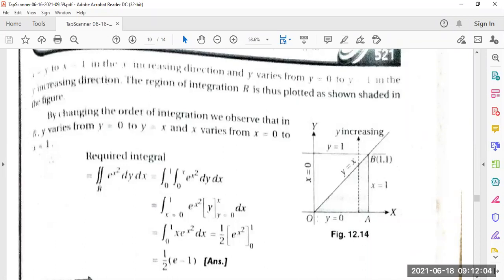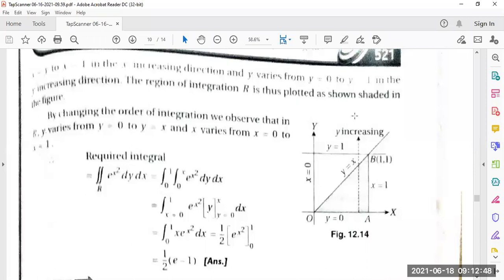Along x-axis, look at for this straight line and this y equal to 1, they are cutting at the point B equal to 1, 1, right? Here x equal to 1, y equal to 1 also, right? So the value of y was 0 to 1 and value of x also 0 to 1 along the line y equal to x. So at first it was x equal to y to 1. Here one line is x equal to 1 and this line is y equal to 1. Okay? They are cutting at the point B, that is 1, 1.